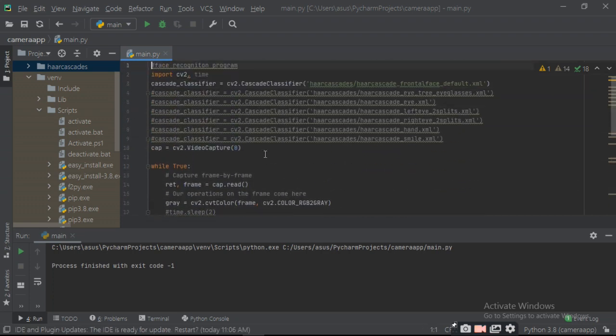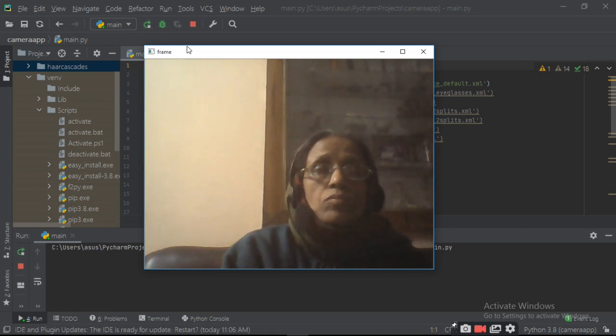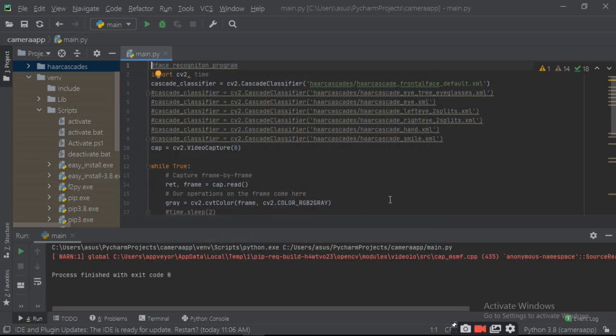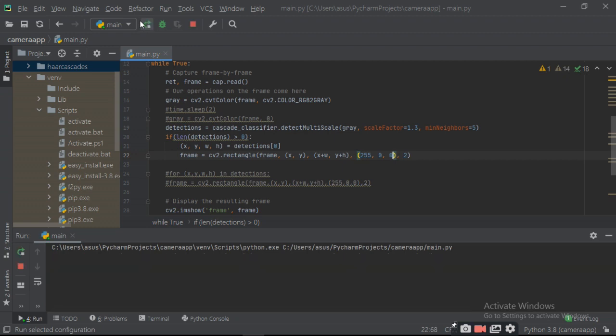How will you do it? Just run it and find out. Just see, this is recognizing the face and giving the red bar on it. I told you, you can change the color of your square rectangle. For that you have to change here. You can make it blue or you can make it green, whatever you want.